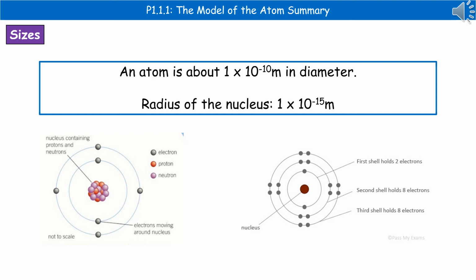Last thing to remember, an atom is about 1 × 10⁻¹⁰ meters in diameter, and the radius of the nucleus